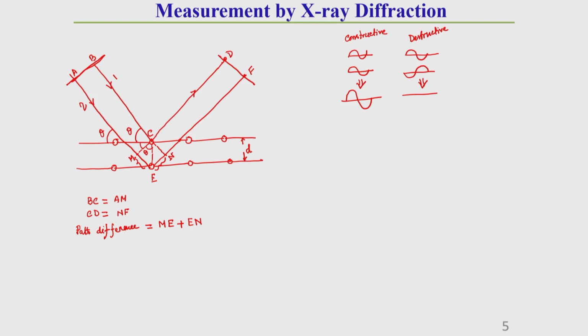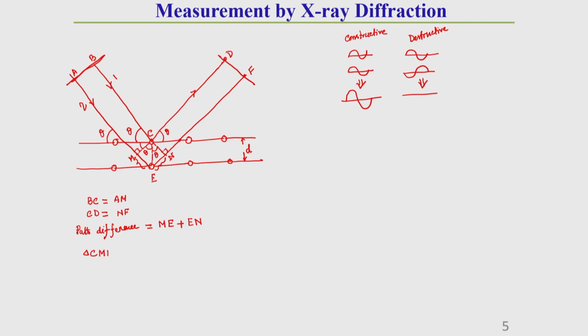So, again, if this will be theta, so this also will be theta, correct, this also will be theta. So, here by using the concept of triangle, you see this is perpendicular, this is also perpendicular. Okay. Now, by the concept of this perpendicular triangle, we can write from this triangle, that means triangle CME,